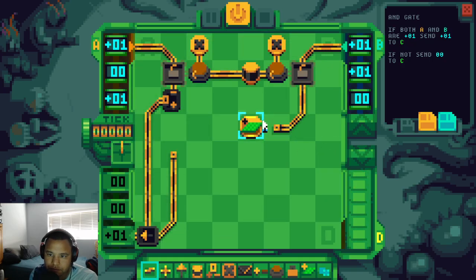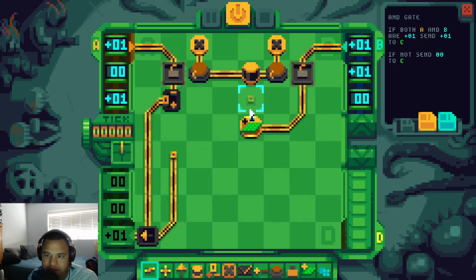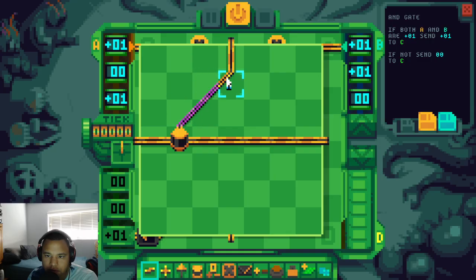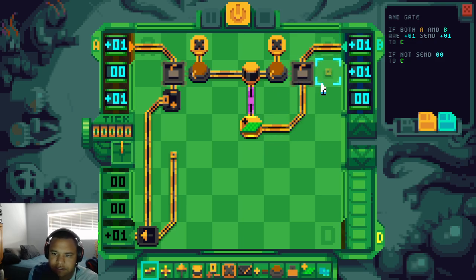So we're going to have our B input come in here. It's going to come along here, get duplicated, come out here first, and then it'll take a few more ticks to unlock the next set, right? And then I can even go a step further, make this slow wire. I could even turn this into another chip, but I don't think that's necessary. So we got all this slow wire, and then